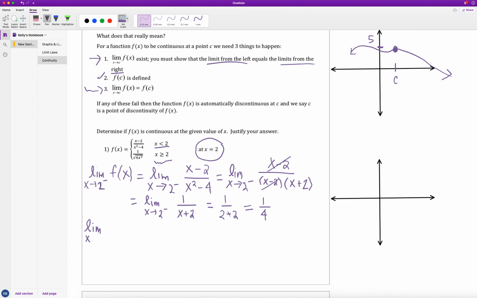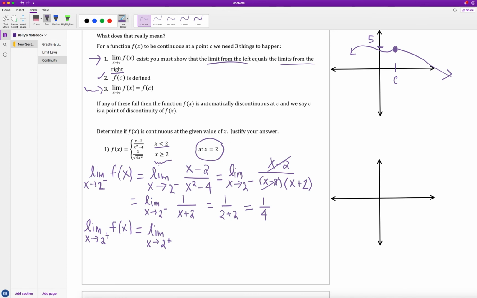So if I take the limit as x approaches 2 from the right-hand side of f of x, I have to think about what function I get to use this time if I'm approaching from the right-hand side. So I'll still have my limit, so I'm going to go ahead and just rewrite that so I'm ready to go. And if I'm to the right of 2, if I think about a graph and I'm to the right